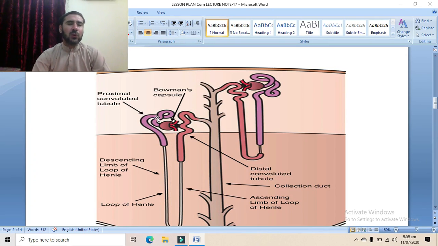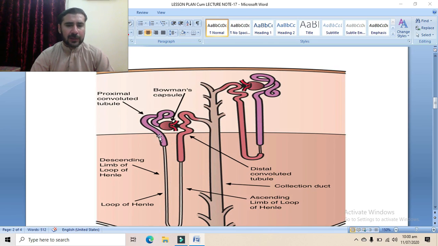The renal tubule consists of several parts: the proximal convoluted tubule, then the loop of Henle, then the distal convoluted tubule, and then the collecting ducts. So the first part of the renal tubule, the proximal convoluted tubule, arises from the Bowman